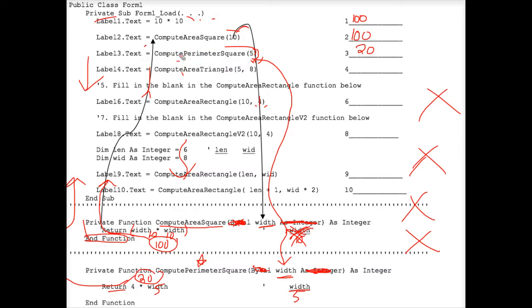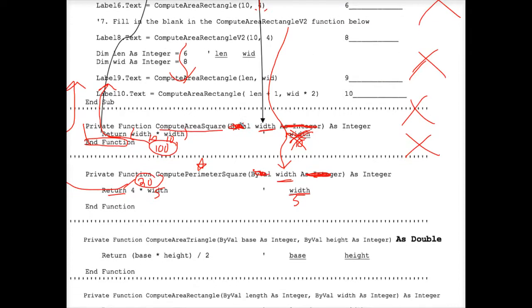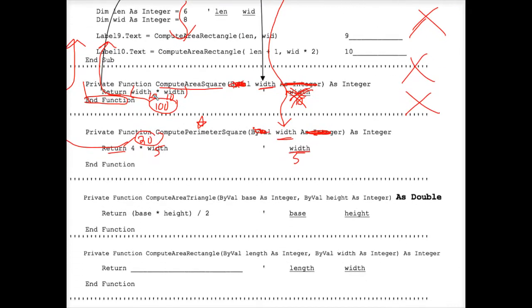Next, we're calling number 5. Number 5 here on this worksheet is asking you to fill in the blank in the compute area rectangle function below. So let's scroll down and find out what's going on there. By the way, functions are usually named with a verb because the purpose of a function is to do something, and it indicates an operation, like a verb. So compute area triangle, rather than just the name area triangle, is